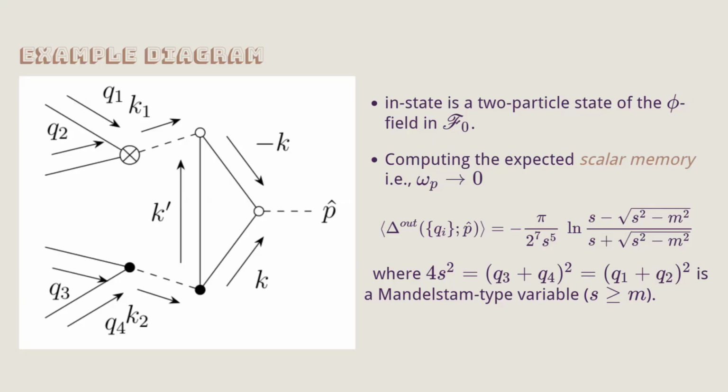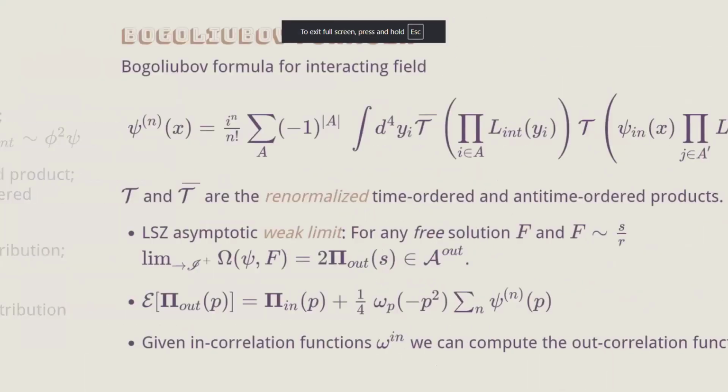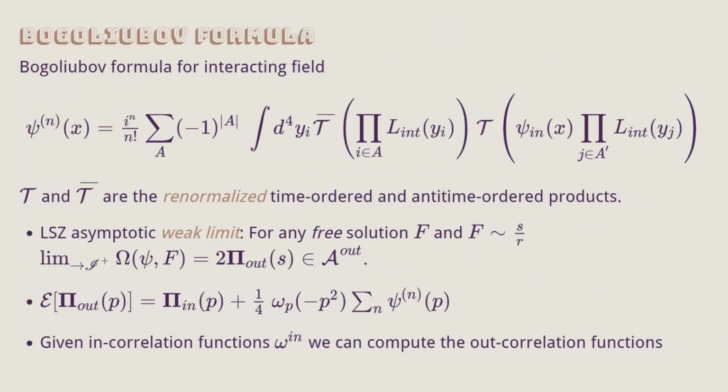Maybe technical. In your formula, you had some pi out, pi in plus some corrections, right? These perturbative corrections. So if you also wanted to feed in the fact that the initial memory is not zero, it's some finite number, that formula just adds it as a number. But here it adds like a vertex. So wouldn't that introduce more diagrams? No, the vertex is only coming from the interaction, not from the in. So pi in has no contribution to the diagrammatics. The diagrammatics come purely from the interaction rate, even in usual Feynman stuff. If I just ask what the zeroth order field is, you just draw one straight line. There's no vertex or anything.